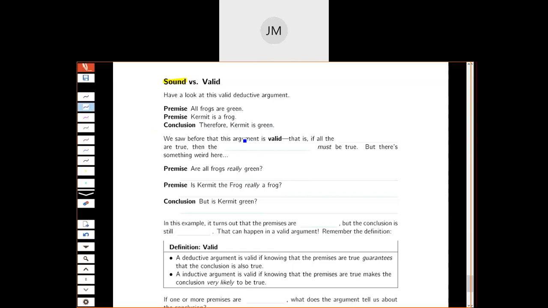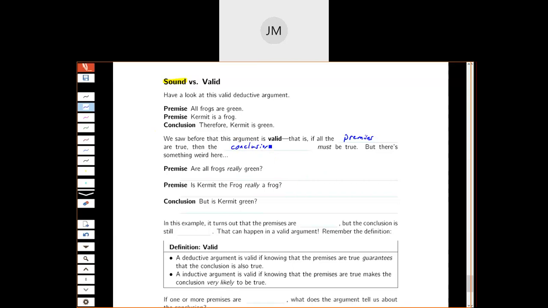We've already established that this argument is valid. So if all the premises are true, then the conclusion must be true. So this is a valid argument. However,